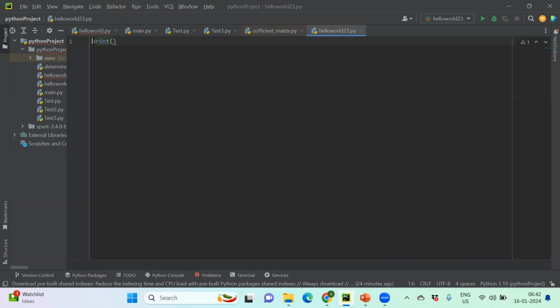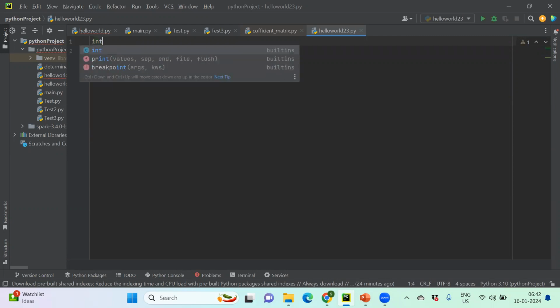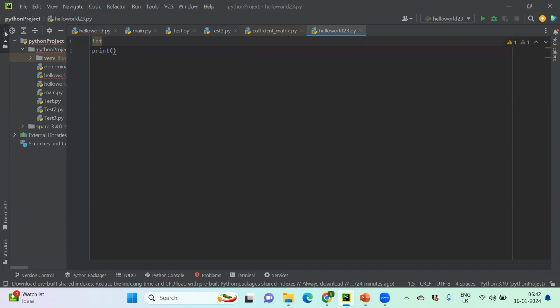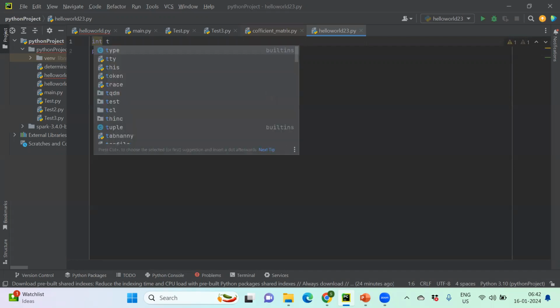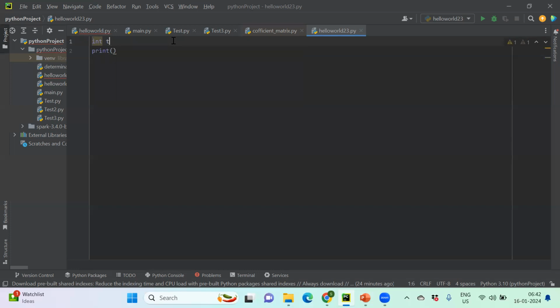So, what is a Python variable? We can declare any variable at any time. There is no need to declare a data type, unlike in C. While declaring a variable in C, I need to put the integer keyword for an integer variable. Over here, we do not need to put the integer keyword,